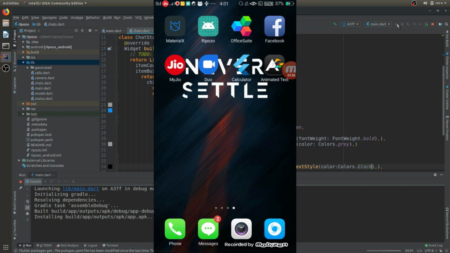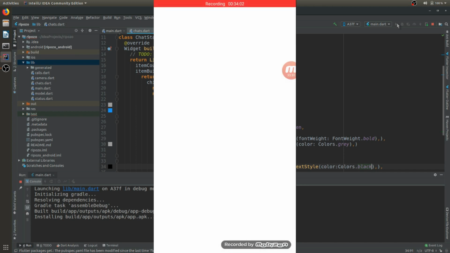So if you want this code, you can definitely go and check out my GitHub repository. Okay, let's see what the output comes. It has installed, but it will sync with my file in my phone. Okay,